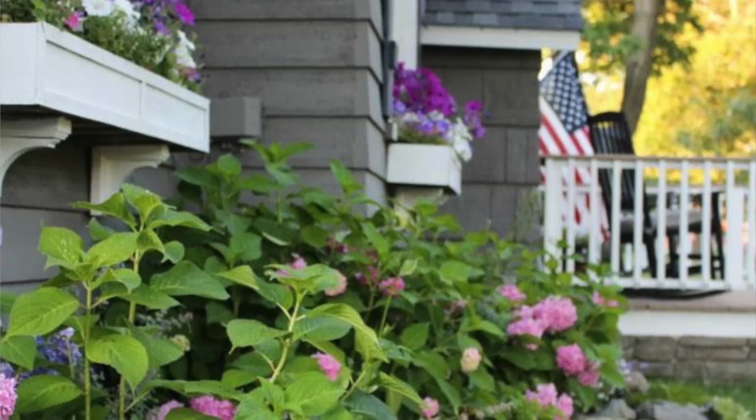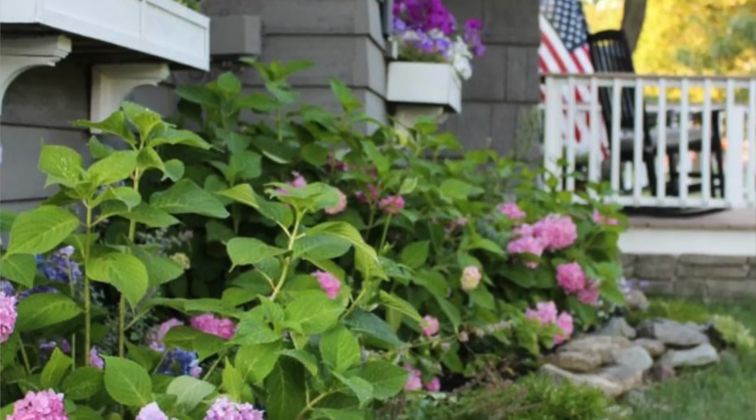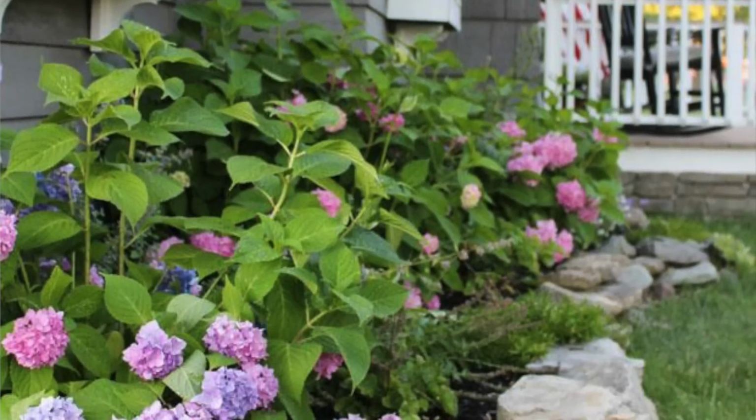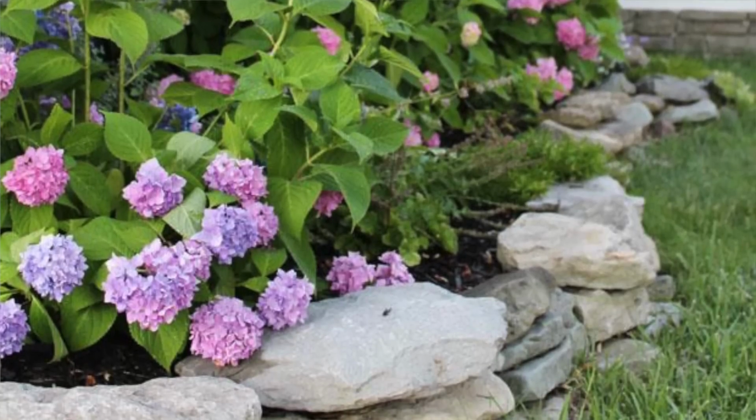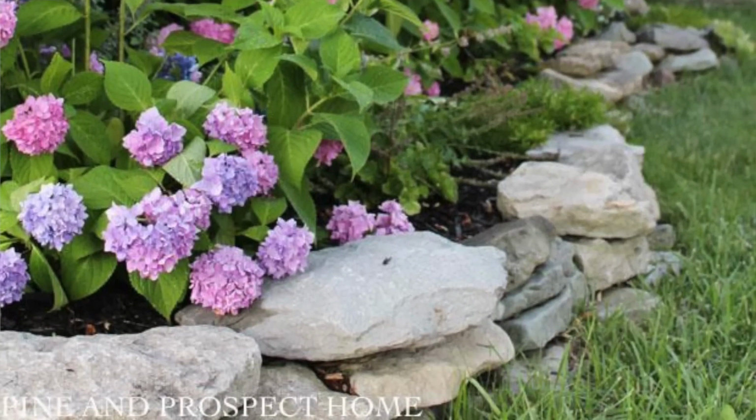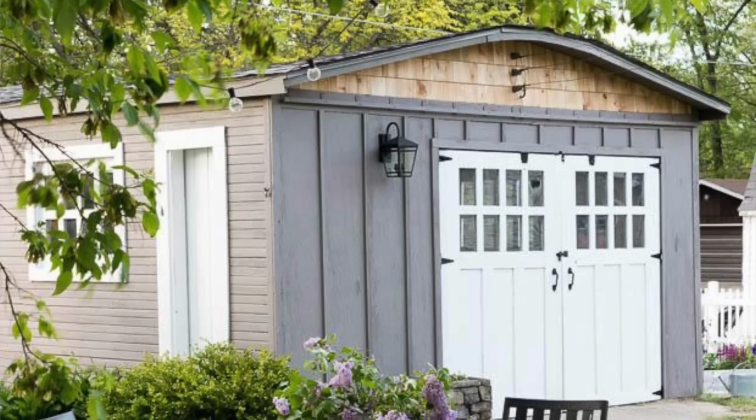We got all of that stone for free. It made the most beautiful impact in our front yard. That stone, to me, adds so much charm. And when the hydrangeas bloom, it's just absolutely stunning. So, raised garden beds. Another way to incorporate stone into your landscaping is to create a pea gravel patio or